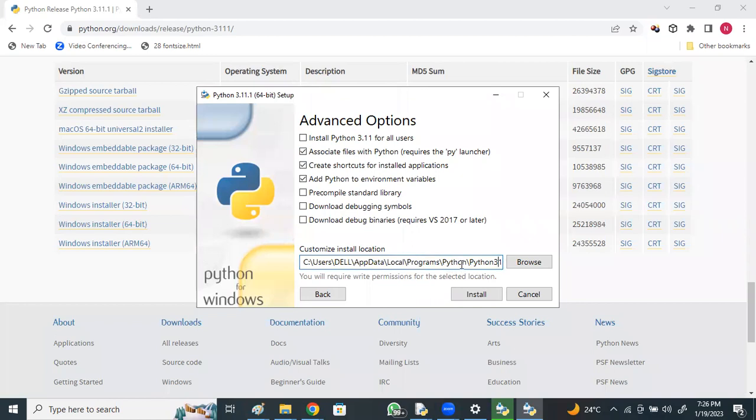But I don't want this big path. Remove all this and just type C:\Python311. I want to install within the C drive.